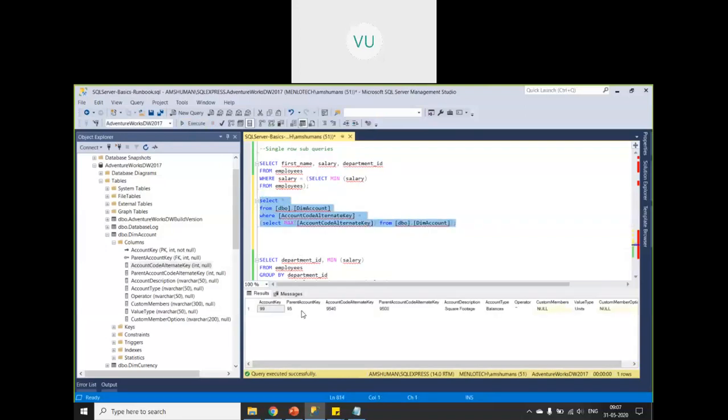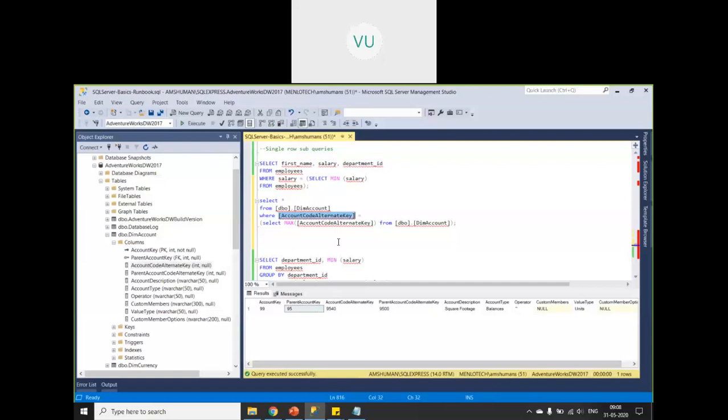So max, yeah, only one record is there. So my requirement was the business requirement. You are doing a project, and your team lead has come and told you, boss, in this particular table, I want to know how many records have the maximum value of this particular column. The maximum value can be there in multiple records, right?